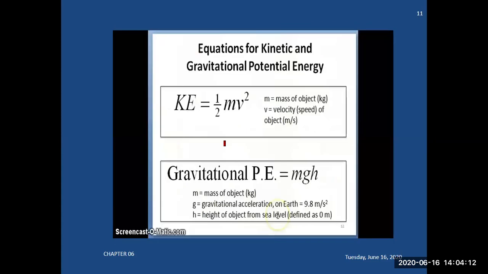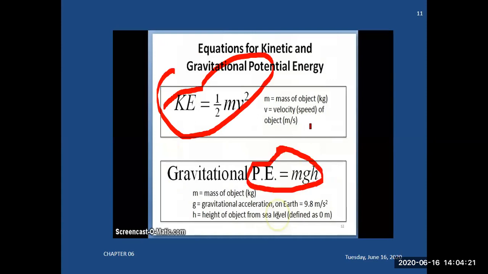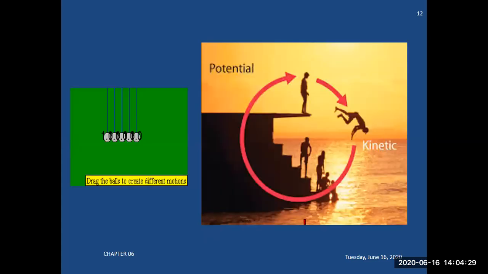So this is the formula for calculation of kinetic energy, half mv squared. And this one is the formula to calculate the potential energy, or the gravitational potential energy. These are the factors on which the kinetic energy depends, and these are the factors on which the potential energy of the body depends. So look at these different examples during motion, what types of energy they possess.